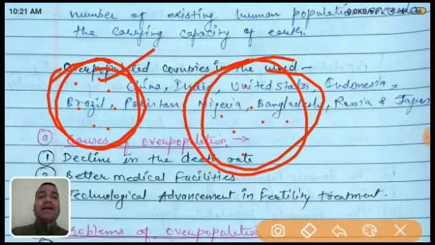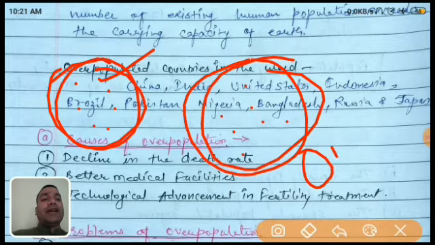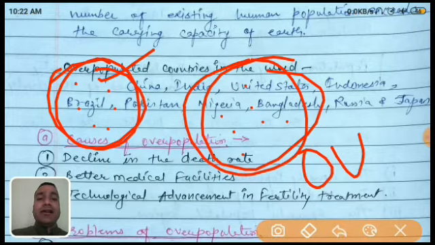So always remember, overpopulation does not mean the highest number of people. China is the highest populated country, but it does not mean it is the first overpopulated country. Don't confuse this. It is first for population, but we cannot say it is first in rank. Now there is also an overpopulation index. It is a measurement criterion, ranking countries, which is issued by the UN. In this overpopulation index, China or India are not first or second rank in the context of overpopulation.